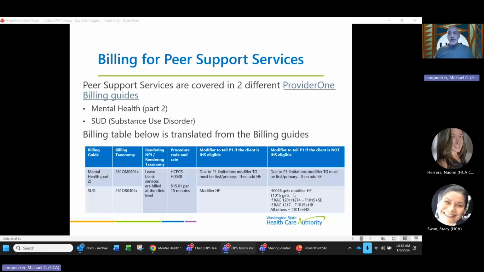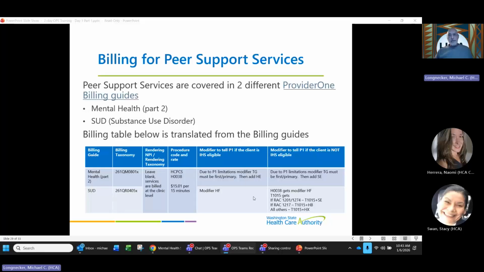And when we're billing Washington Medicaid, we do have to tell Washington Medicaid if the client is IHS eligible or if they're not IHS eligible, non-native, non-beneficiary. And the reason for this is funding sources. When we bill for an IHS eligible client, we'll claim the encounter rate, and that encounter rate is fully federally funded. If we bill for a non-beneficiary for mental health, we will claim the encounter rate, but there's a state budget impact. Some of that money comes from the state, some comes from the feds.